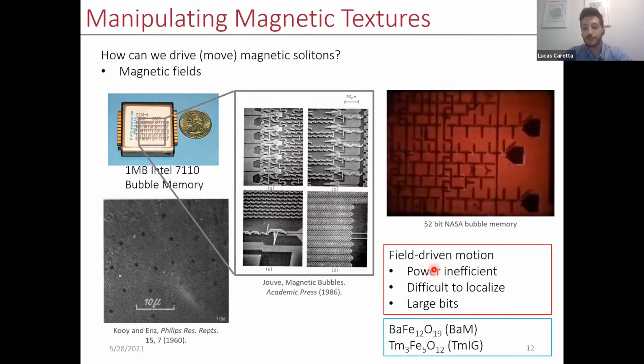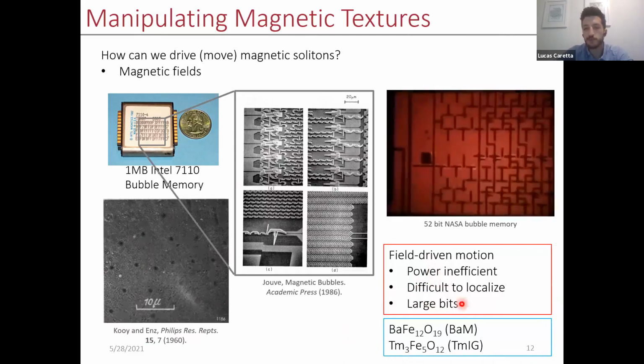But what I think is really interesting about this technology is that the same types of materials that they were using for this, what we call now old technology that never commercialized, are the same types of materials that I'll be showing you today. We've just engineered them in ways to make them useful again.